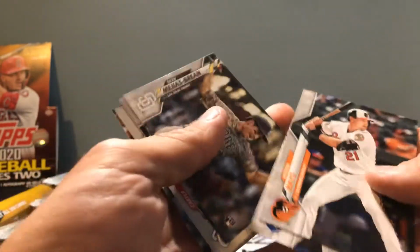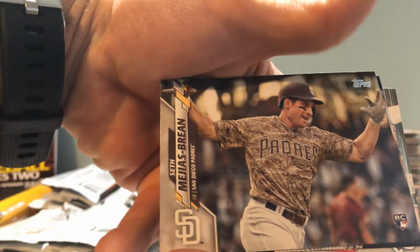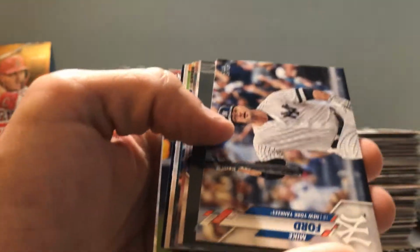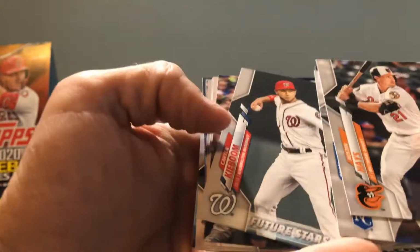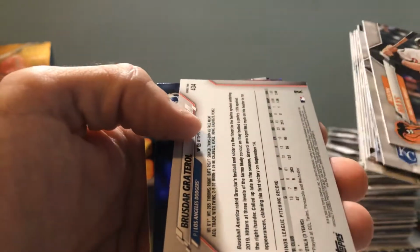Hayes or Hearn. Seth Mahias Brienne. I probably just butchered the snot out of that name. Mike Ford. Carter Kieboom. Diaz. Griffin Canning. Lorenzo Cain. Barreto. Joe Jimenez. Brusdar Graterol. Okay, there's our...